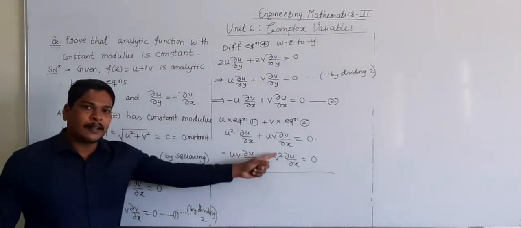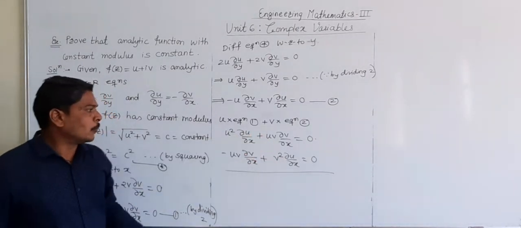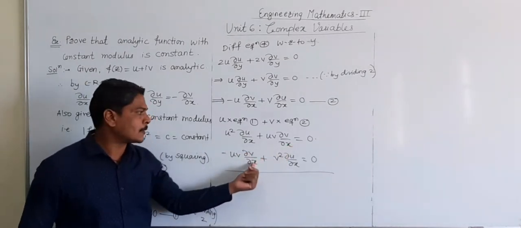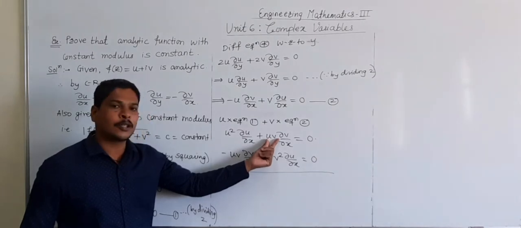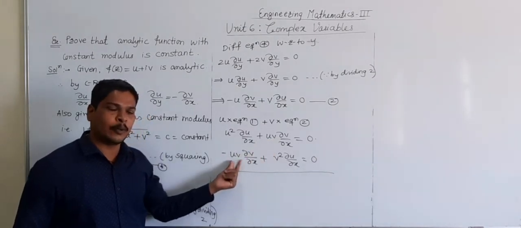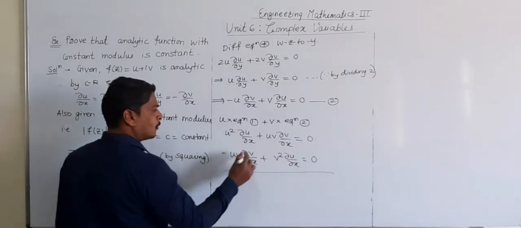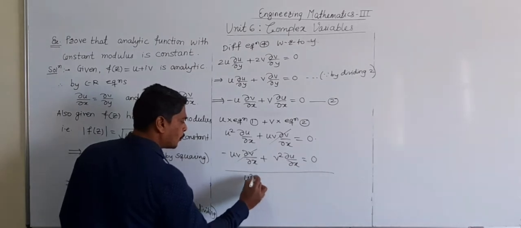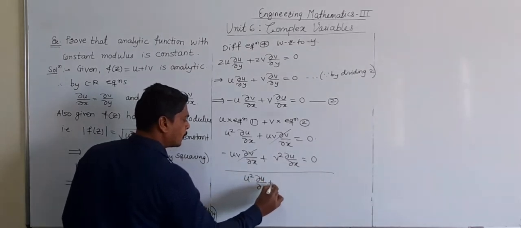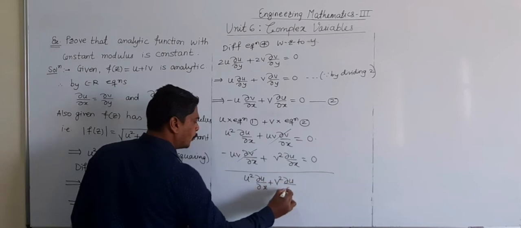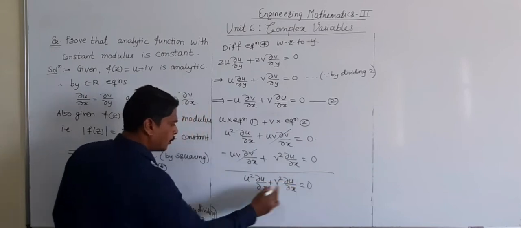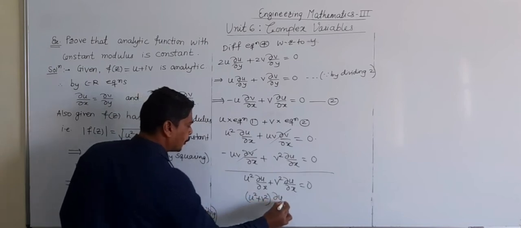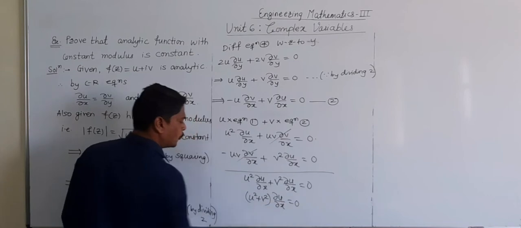That means in this step, we are making the coefficients of the partial derivative of phi with respect to x the same. So check this, here the coefficient is u into v, and here also the coefficient is u into v. So now adding this with opposite sign, this term will get cancelled. What is remaining? U square into partial derivative of u with respect to x plus v square into partial derivative of u with respect to x is remaining. So take the partial derivative term common. So we get this term into the partial derivative of u with respect to x is equal to 0.